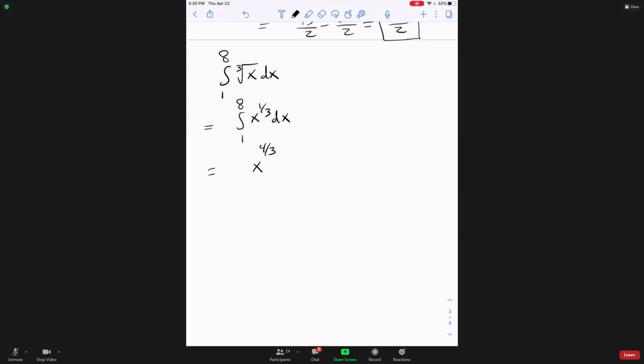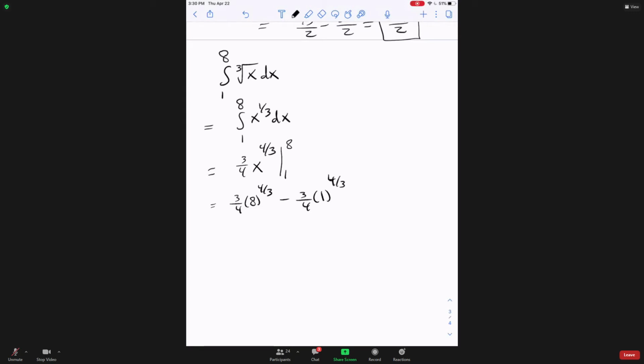Add 1/3. 1/3 plus 1 is 4/3. Then dividing by 4/3 is the same as multiplying by 3/4, from 1 to 8. So now you plug in 8, minus plug in